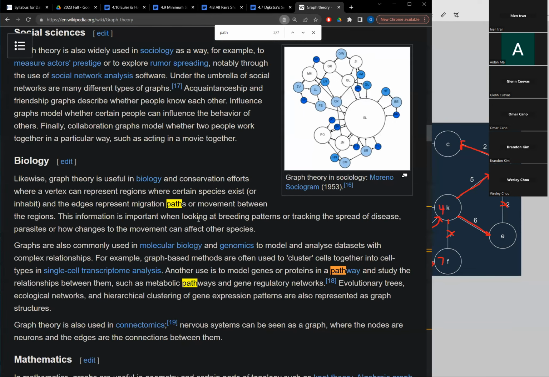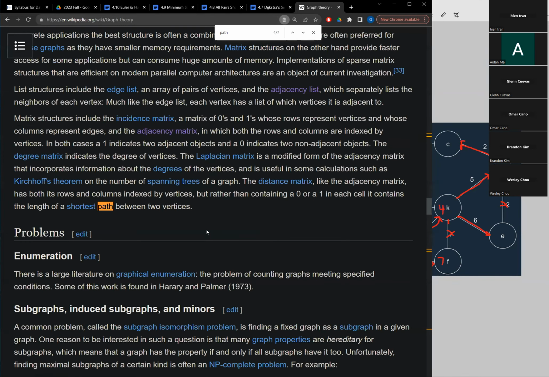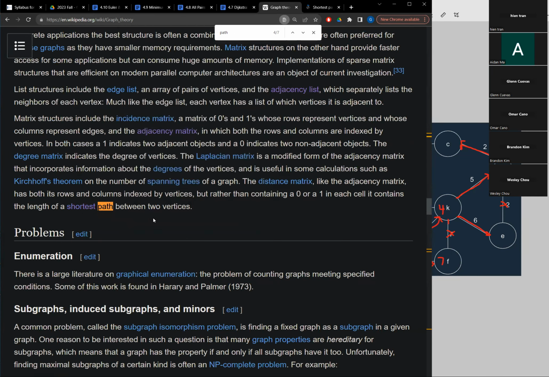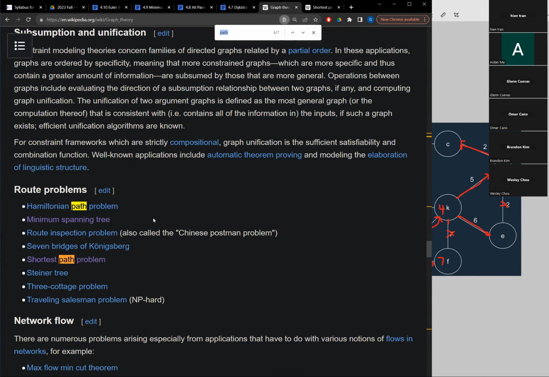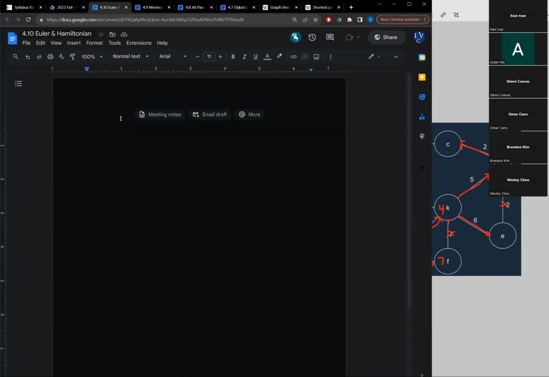No, no, no. Path, path, path. All right, I'll have to find some links later, but